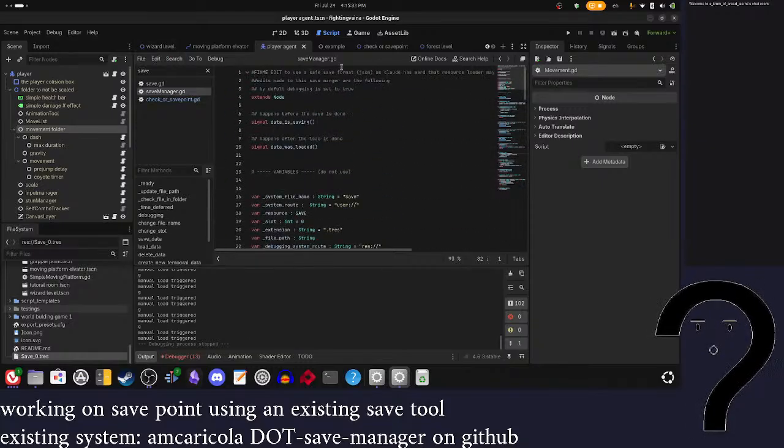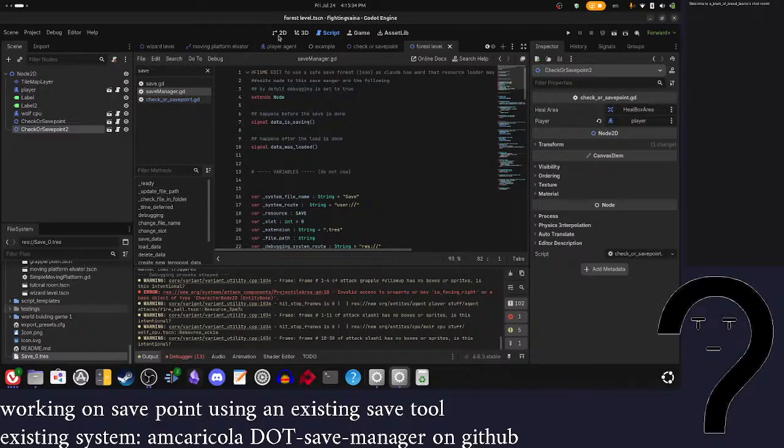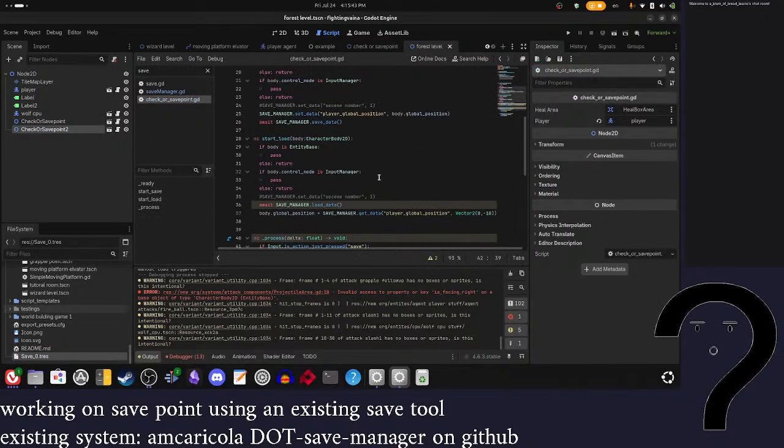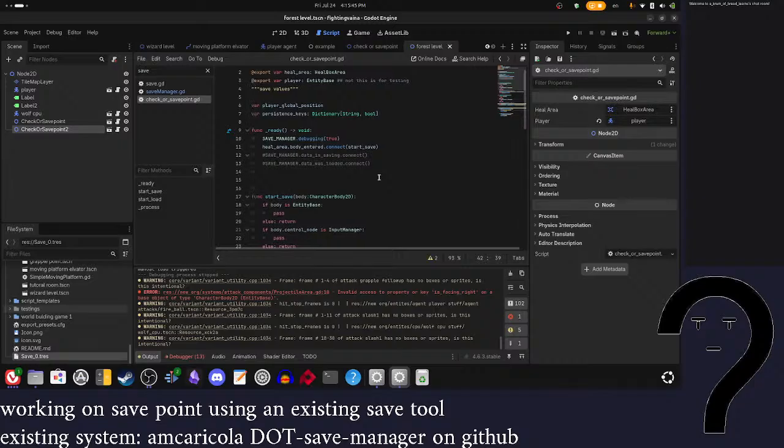What else is there? Okay, so the checkpoint or save point. Instead of this, let's do